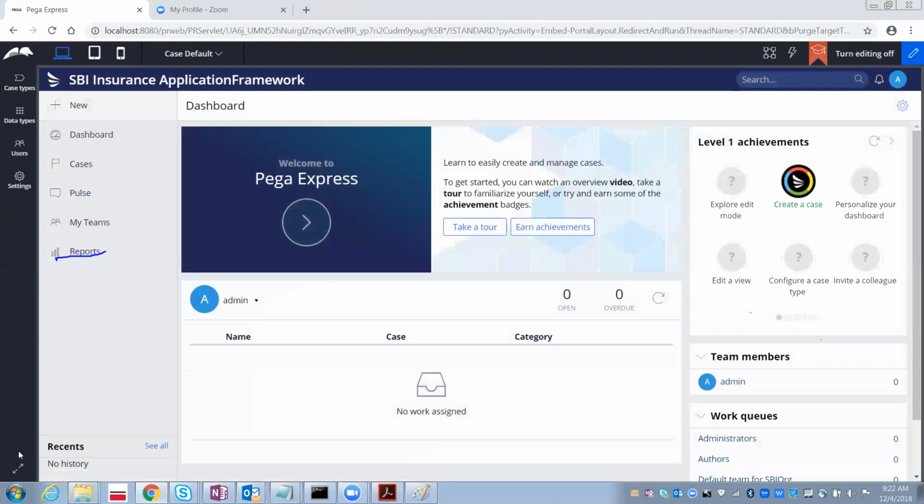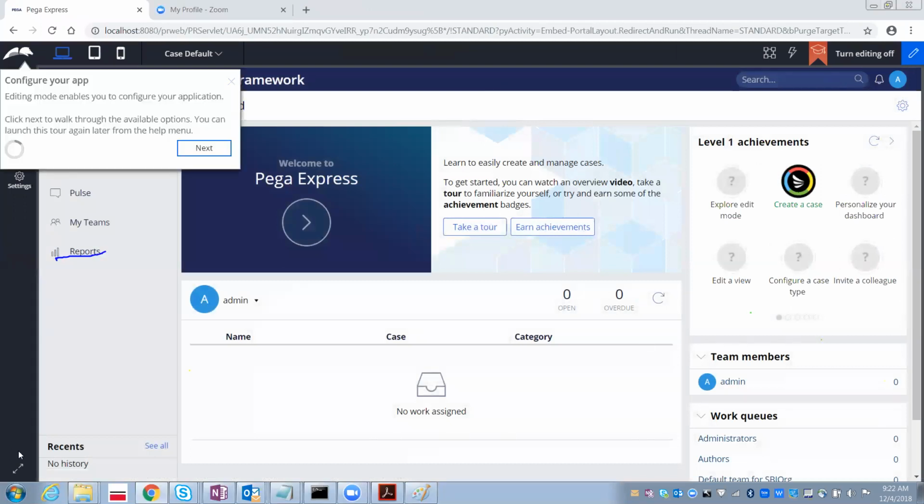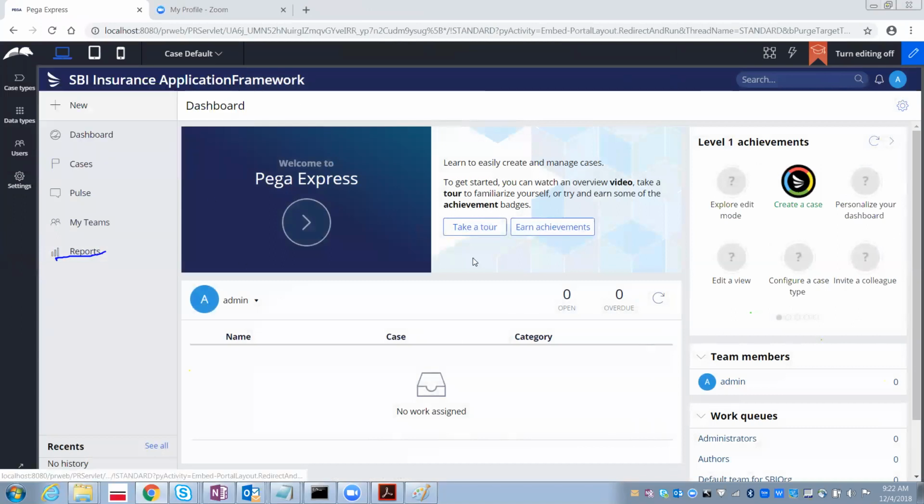So if you select the express mode, it is going to change the look and feel of the current portal. That means it is loading the express portal. See, this is the Pega Express portal. Like this. So totally this operator contains 5 portals.